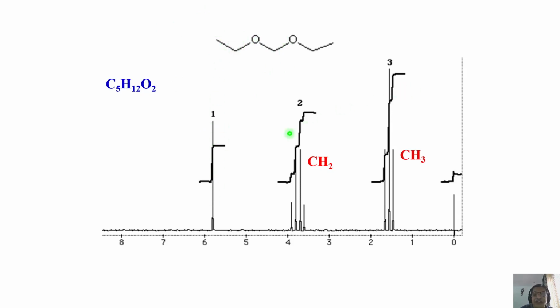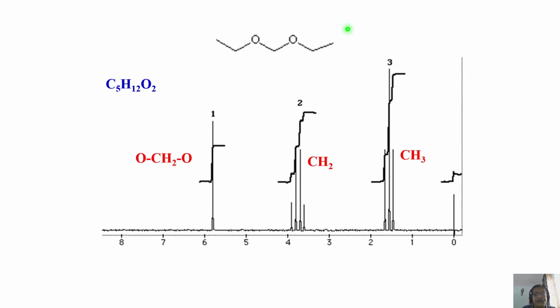But now the intensity ratio is 1:2:3. If I take this proton as number 2, there are 2 protons. This is 2 plus 2, 4 protons. This is 3 plus 3, 6 protons. It agrees with the intensity ratio. It is 1:2:3. This is not a single proton, but it is CH2 protons, the uncoupled CH2, and then you get the intensity ratio perfectly as 1:2:3. So you can analyze the spectrum and interpret it for a particular molecule if you know the formula and if you know its structure also. So it's very easy to interpret.